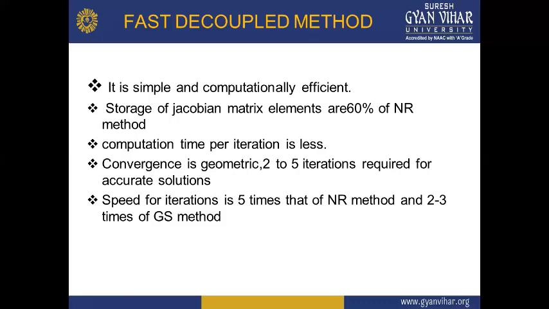And the fast decoupled method is very simple and computationally efficient. The storage of Jacobian matrix elements is 60% of